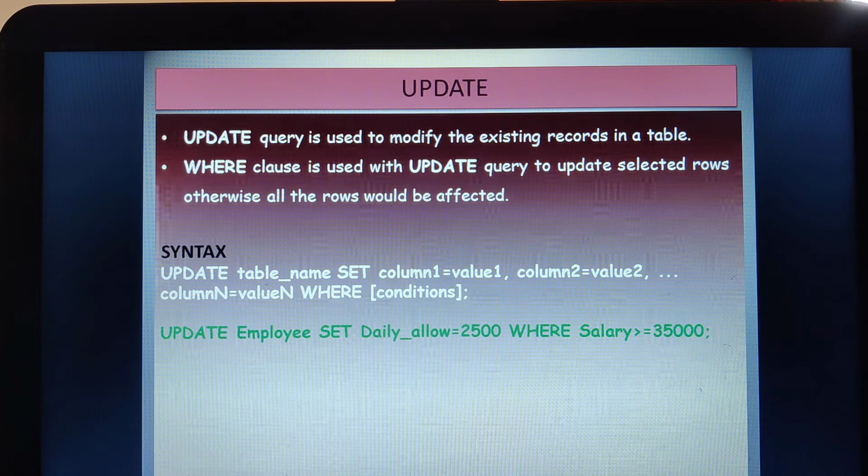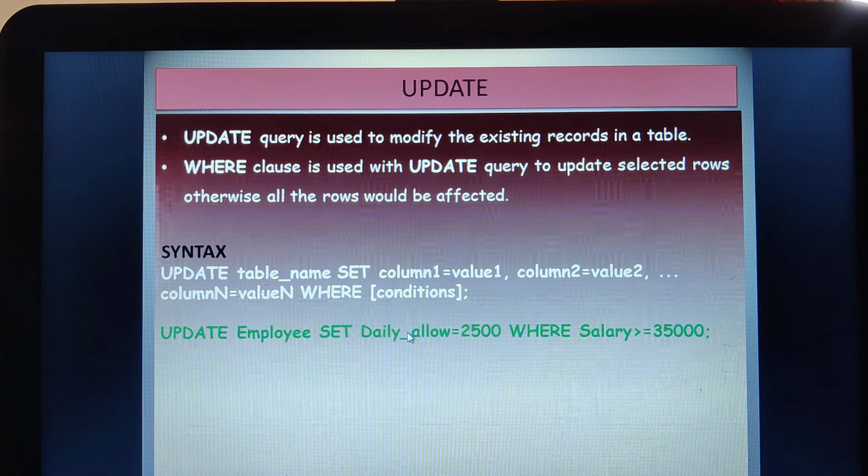Already you have inserted the values into the table. The second time when you want to make any modifications, then you can use the update query. The update query will also work with the where clause. Suppose you don't mention the where clause, whatever changes you are making through the update command will be applied to the entire column. Suppose you mention the where clause in the update command, then depending upon the condition you have specified, only that particular record will be modified. Otherwise, it would make the changes to the entire column of that particular table.